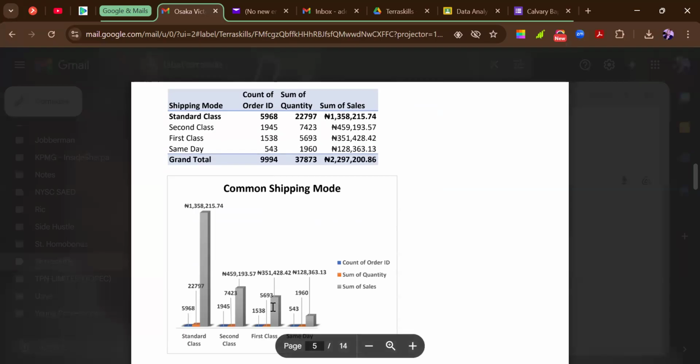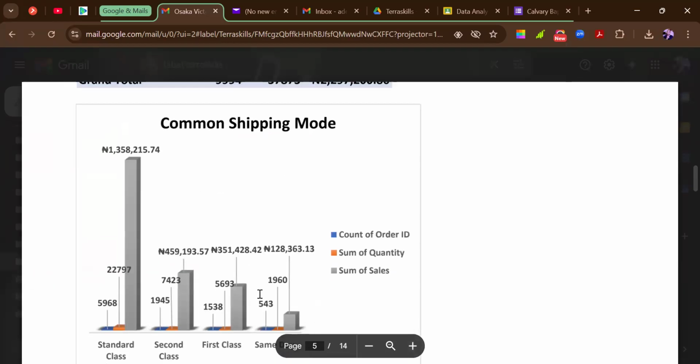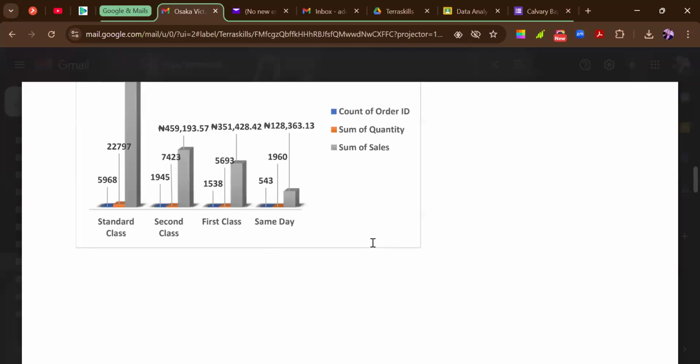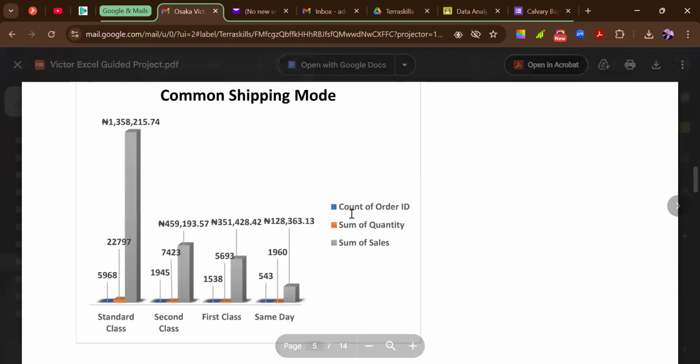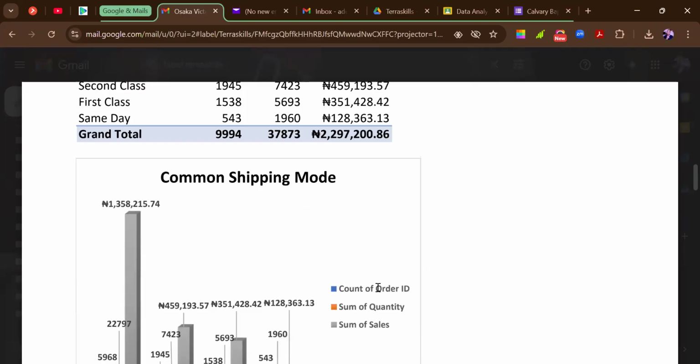And while this is a very good idea, this is what I meant the other time, that you should try and reduce your font size. You can see that instead of them overlapping, it doesn't matter if I zoom this in right now. No matter how much I zoom it in, it doesn't fade. The quality of the font still shows. So just reduce the font of this, and then instead of count of ID, just say order ID, quantity, and the sales, and then you are good.